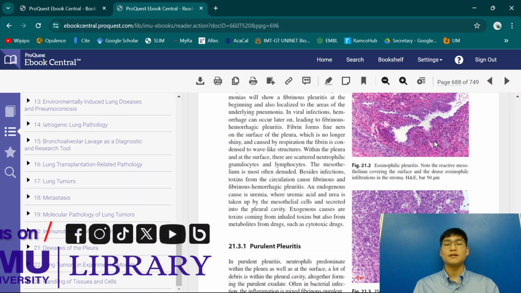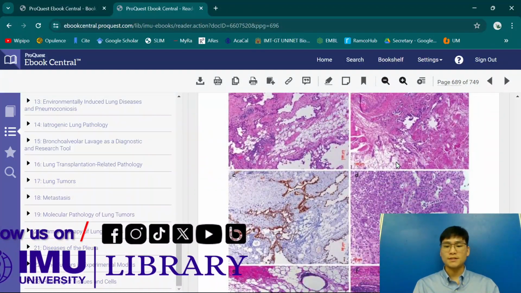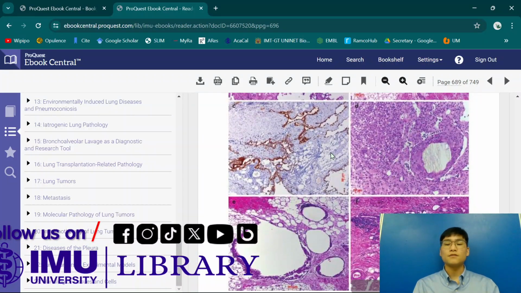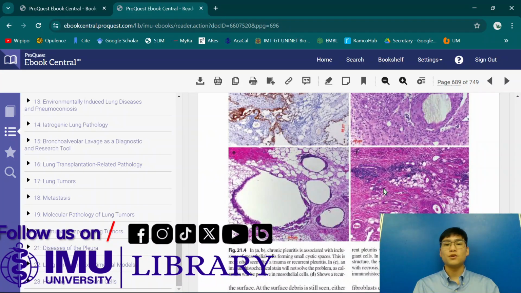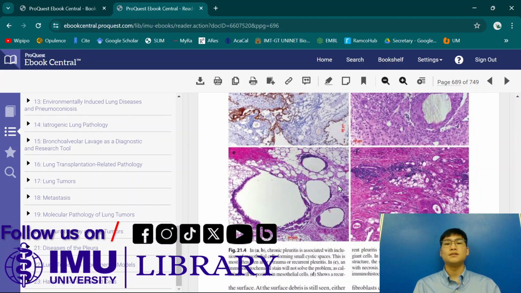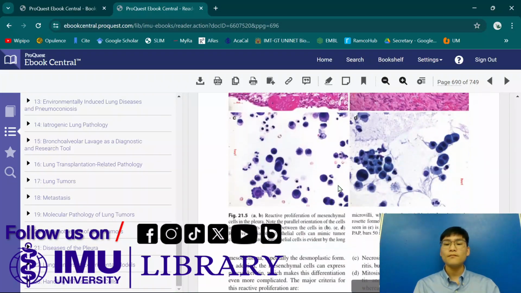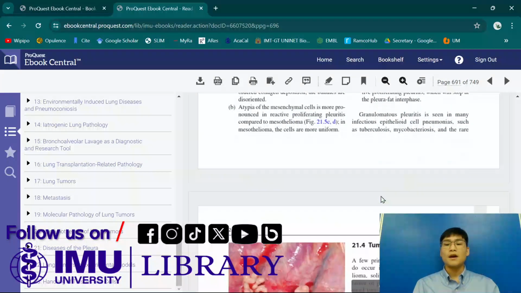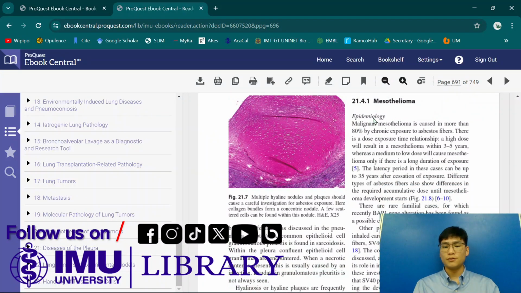real-life histological stained examples and images are provided within these chapters, such as what we can see here on the screen right now. A lot of histological specimens are shown in the chapter to allow students to properly and accurately visualize what the disease condition looks like under the microscope for the pathology of the lung. Even many cytological specimens will be discussed with proper staining. The book also discusses in detail epidemiology, pathogenesis, etiology, and the common morphology seen within the